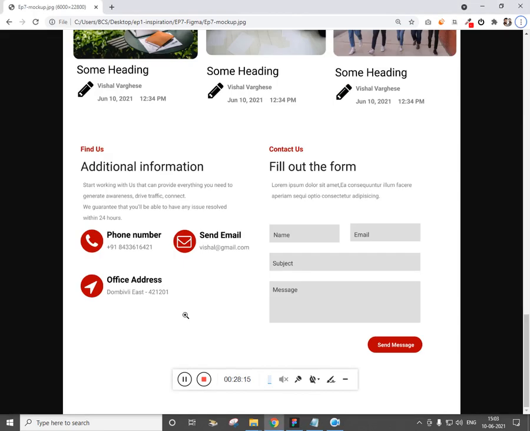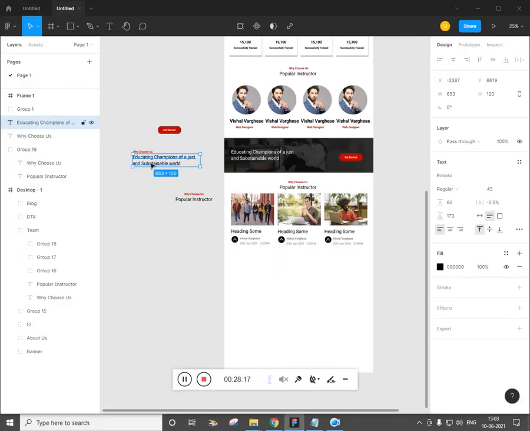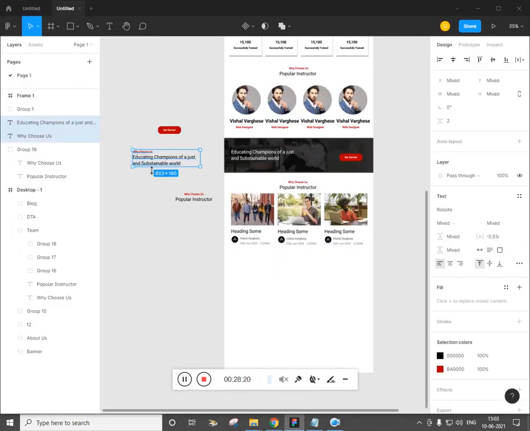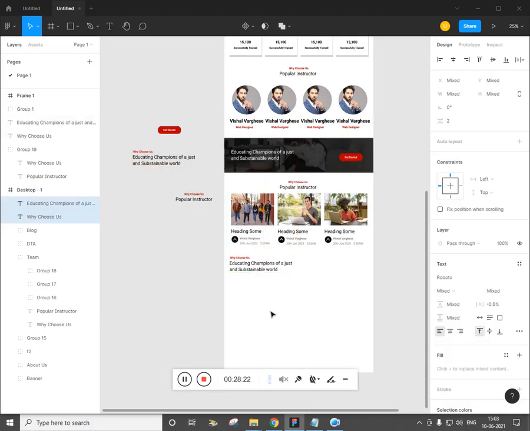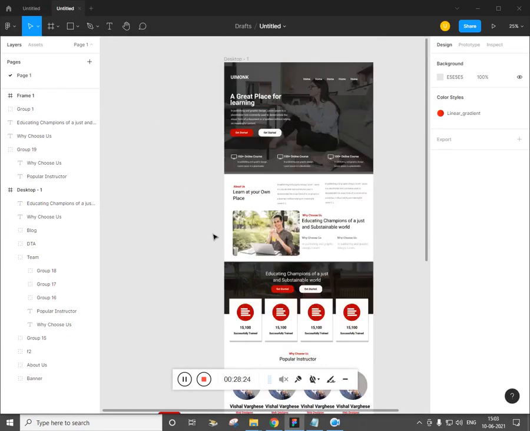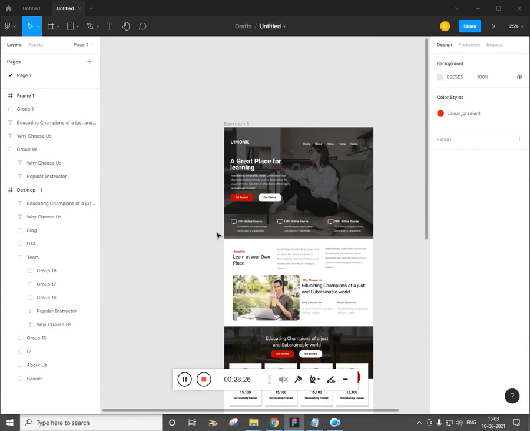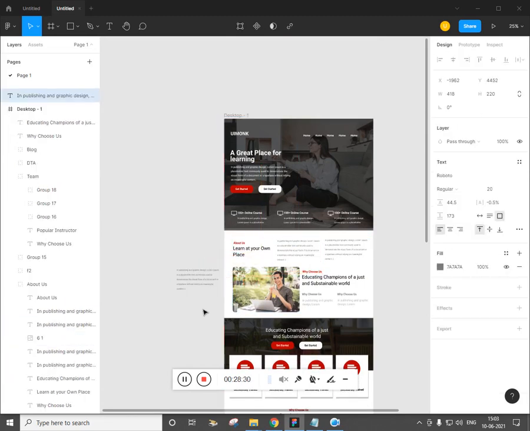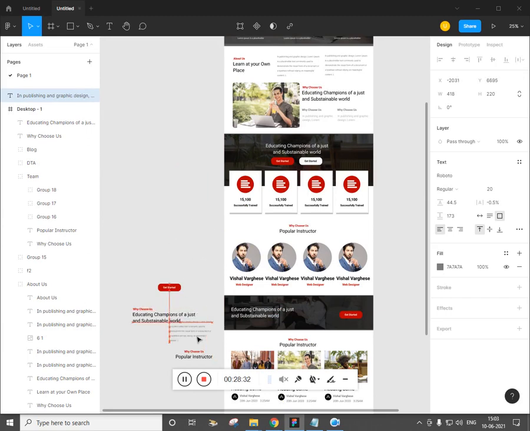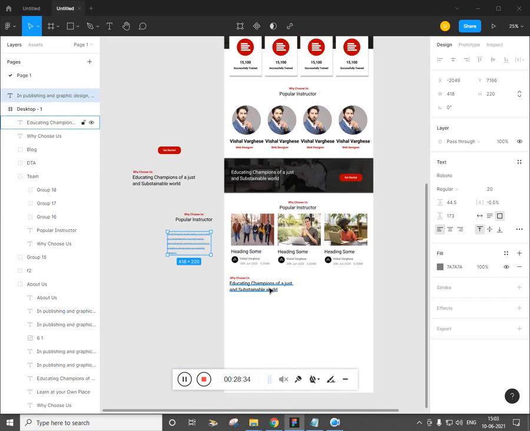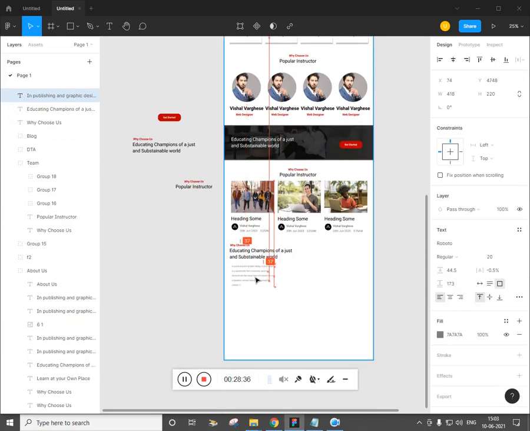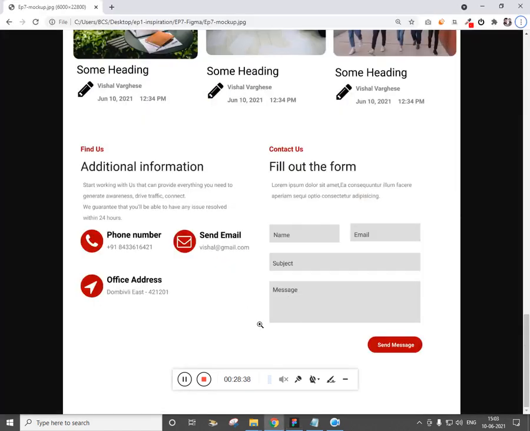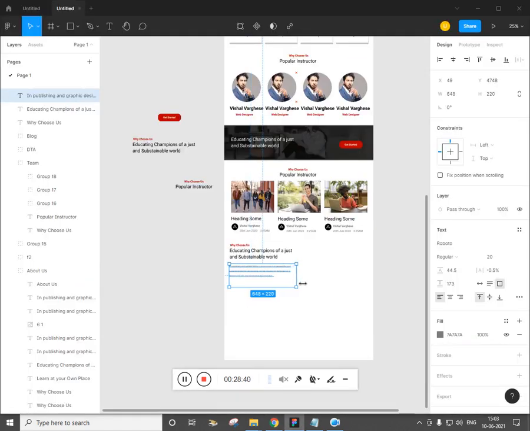Fine. Now let's select this and alt drag and place it. Now we need a text as well. Select this individually, alt drag, take it out. Now place it at this place. We need the width to be bigger.